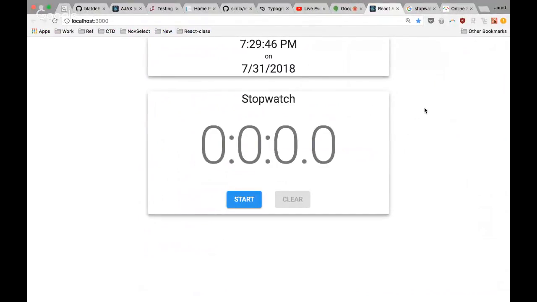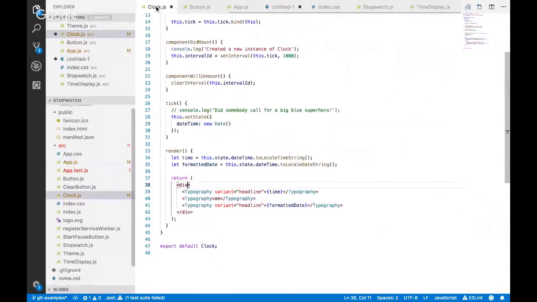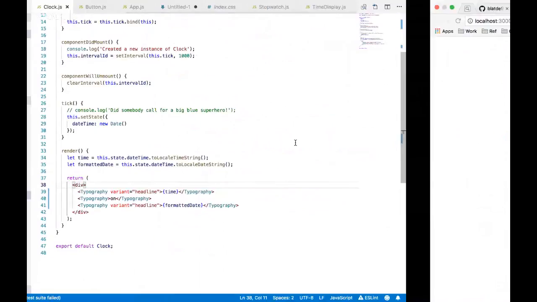There we go. Got a little space between it. That's just me trying to make it all a little bit more consistent. So, with